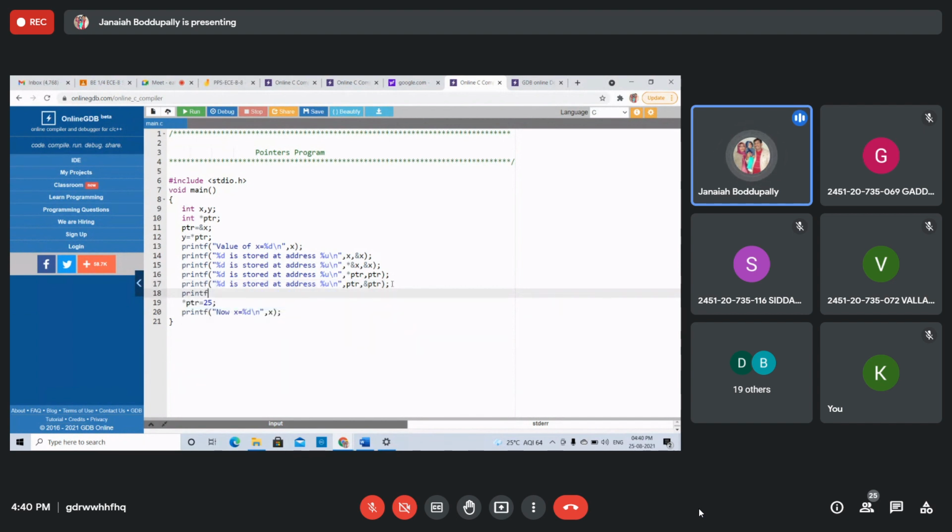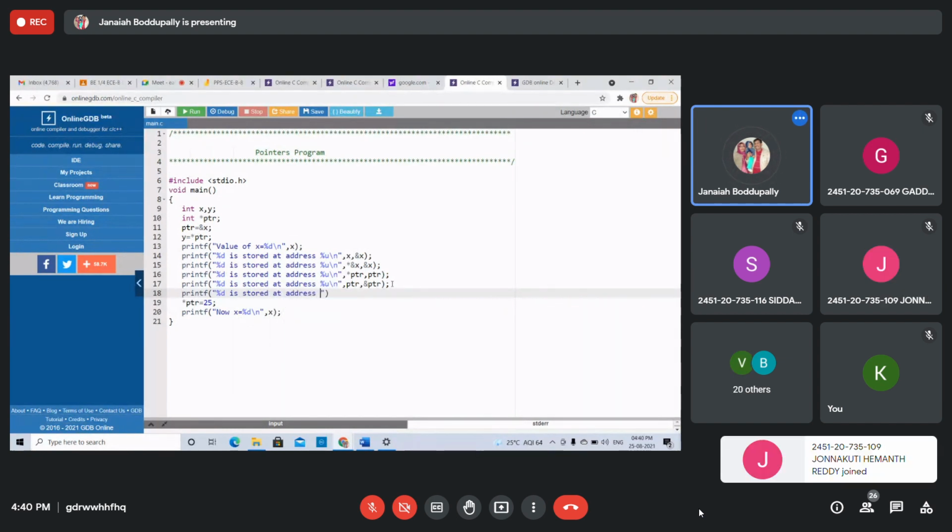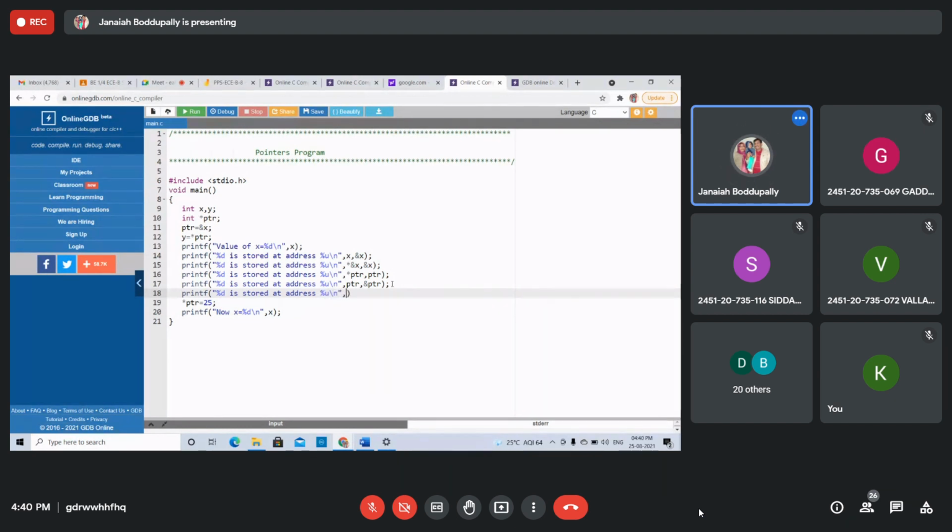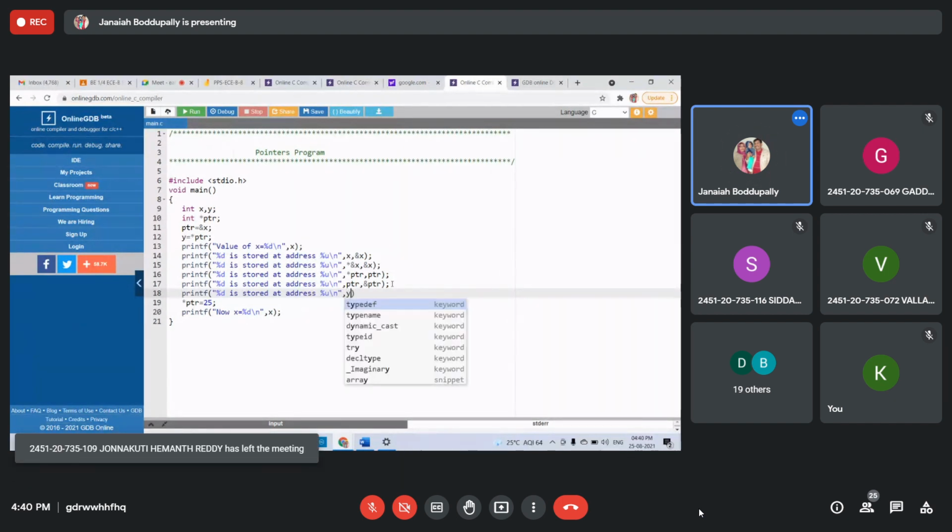One more printf, "%d is stored at address %u", y comma &y.